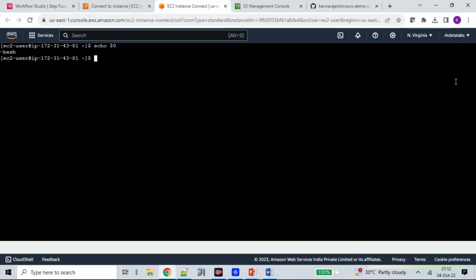Before going into that, let me create a new directory. Let me check the pwd, the present working directory. We are in the ec2-user directory. Now I'm going to create a directory. How should I do it? mkdir